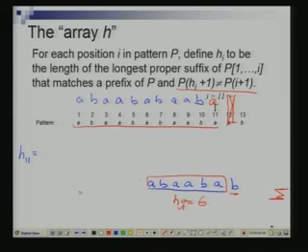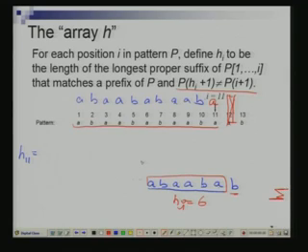So, this is the definition for our hi. It is a bit of a tricky definition, but you understand what the argument is, right? What is hi? It is not really how much you are shifting by. Here we were computing for i is 11, we were computing h11. So, we are saying if the pattern has matched the first 11 positions,